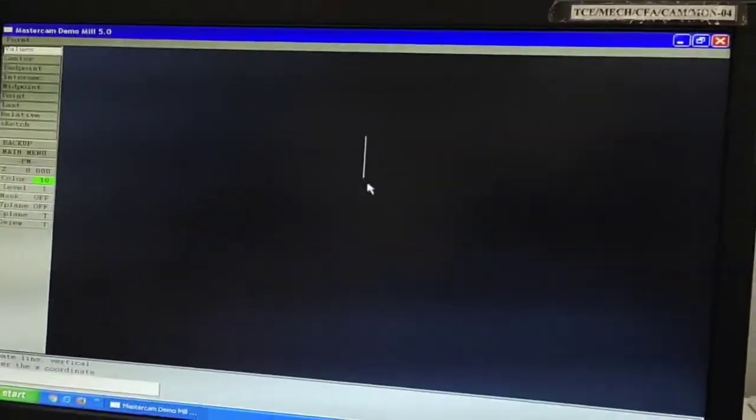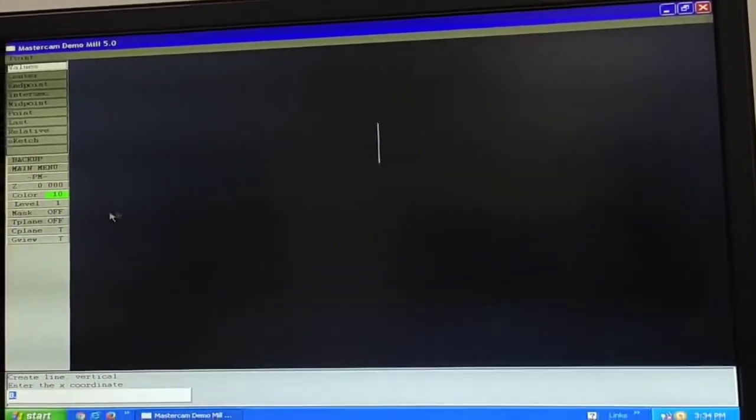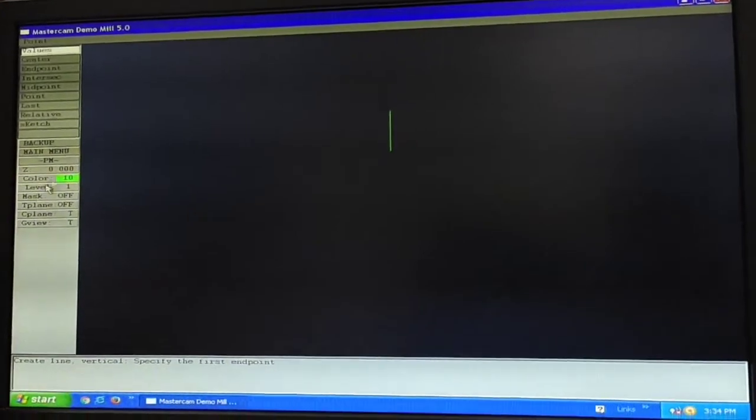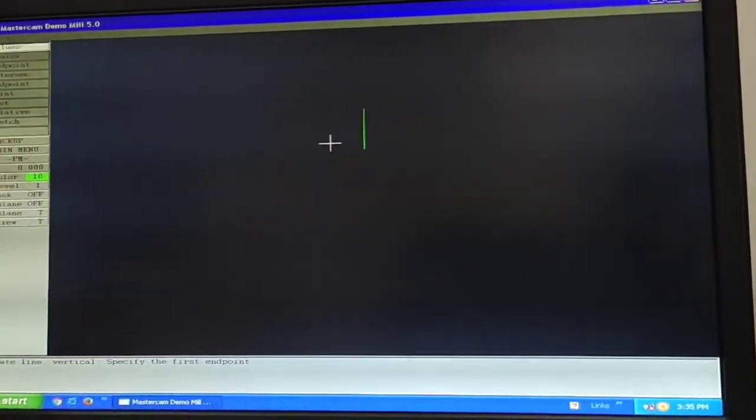The line will be shown in white color. Here the line does not fit in the screen. If you fit the line within the screen, the line will change to green color. By pressing enter, the line will change. Now the line is fixed in the screen. This is the first end.